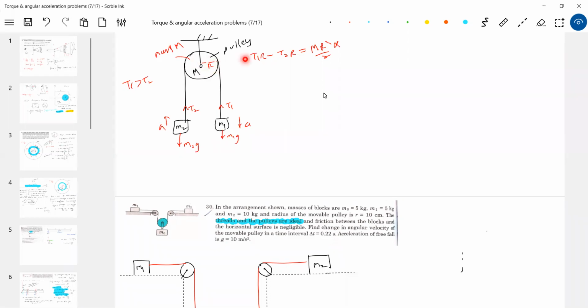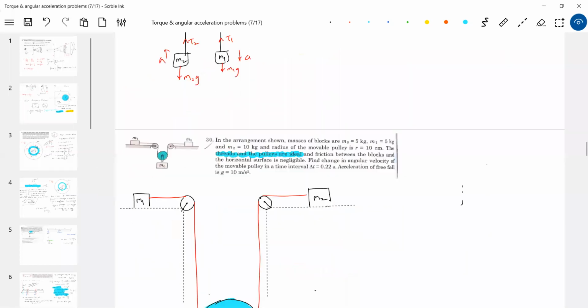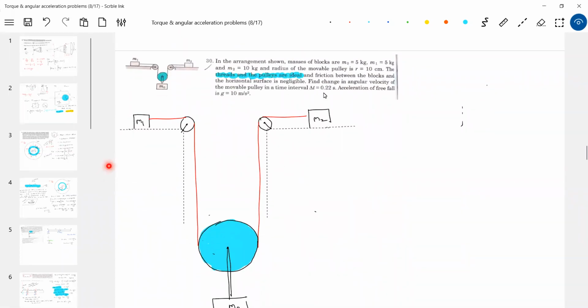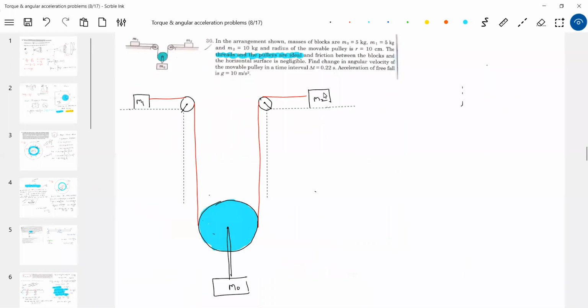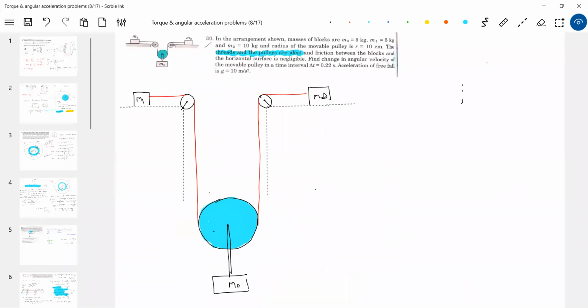Clear this? So I think the best thing is, when the pulley has a mass, it is naturally assumed that the tensions here will make it rotate. You need not bother about anything else. That is why these conditions are brought here. If it is massless, then what makes it rotate? Let's see that.